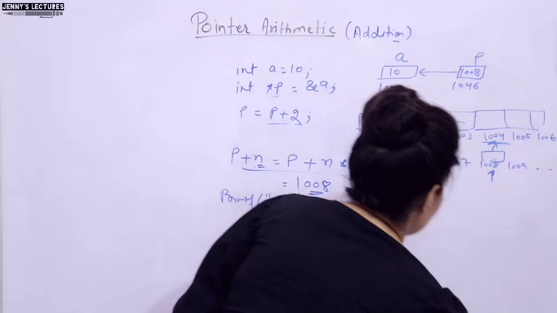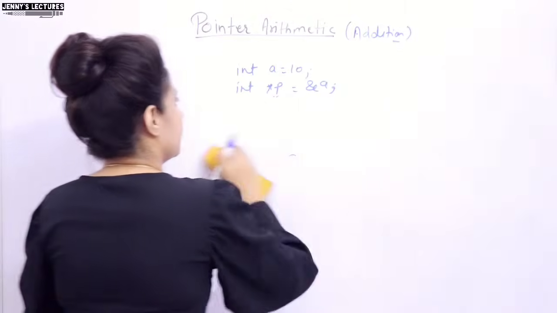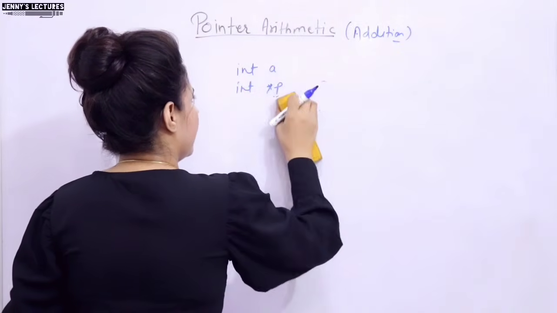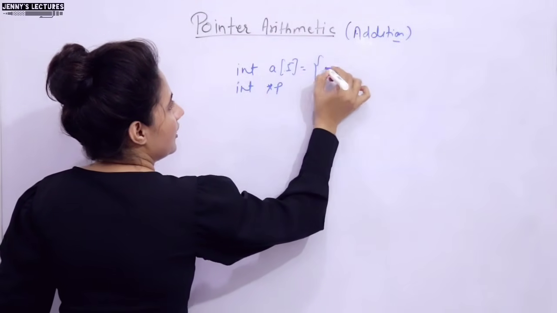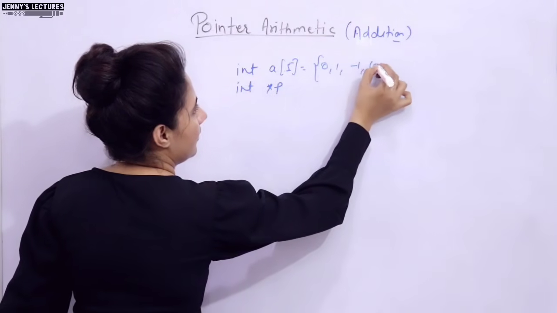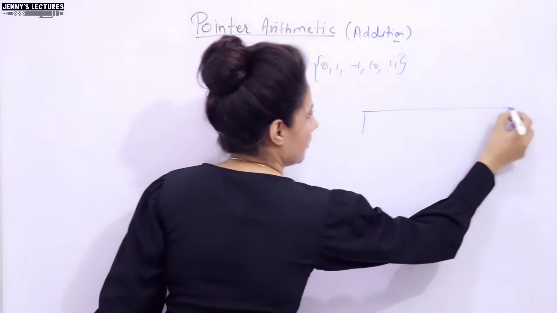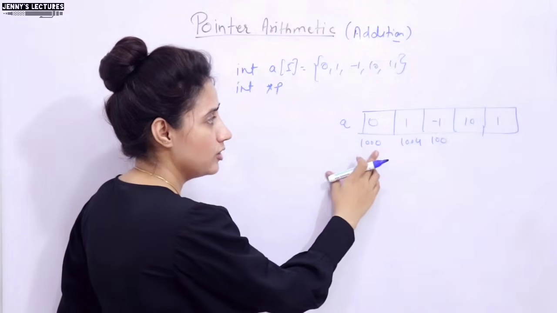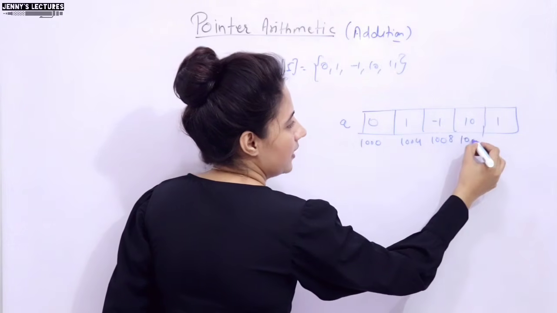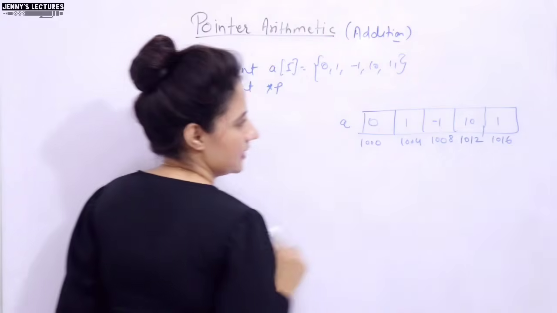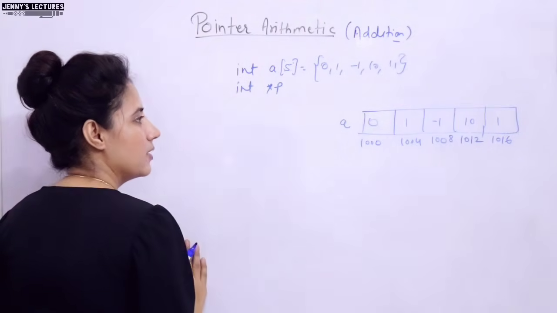Now let me show you this thing with the help of one more example. There we will take an array, right? And then you will get it better, right? So rather than taking a simple variable here, I am taking int a[5] and I am initializing it here with 0, 1, -1, 10, 11, 5 elements, right? So here I have one array. See, base address I am supposing 1000, so the next element would be at 1004 because int is taking 4 bytes, then 8, then 12, then 16. In total how many bytes would be allocated to this array? 5 into 4, that is 20 bytes, right?